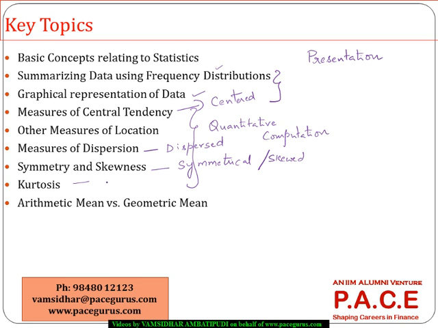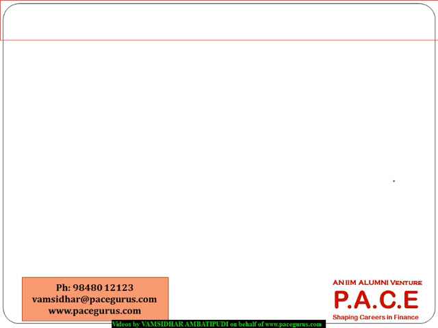And finally, are the extreme outcomes likely or not? That is what we are trying to understand through the various mechanisms. And finally, we'll try to see some kind of investment related applications, where I really need to use either a geometric mean or an arithmetic mean, and how can I decide what I can use in what kind of a context. So with that as a base, let's simply get started with the basic fundamental concepts